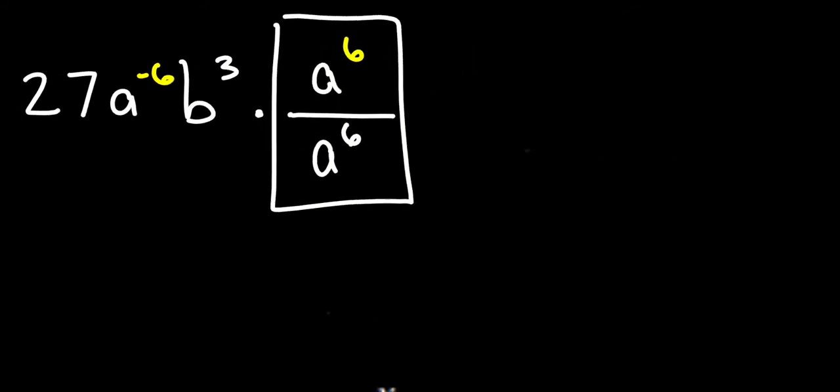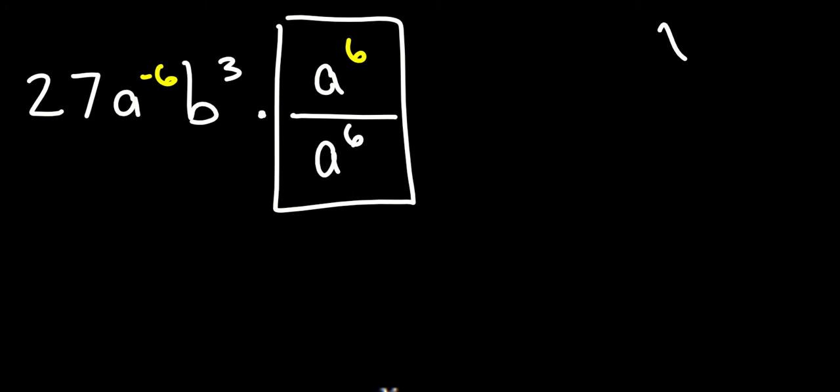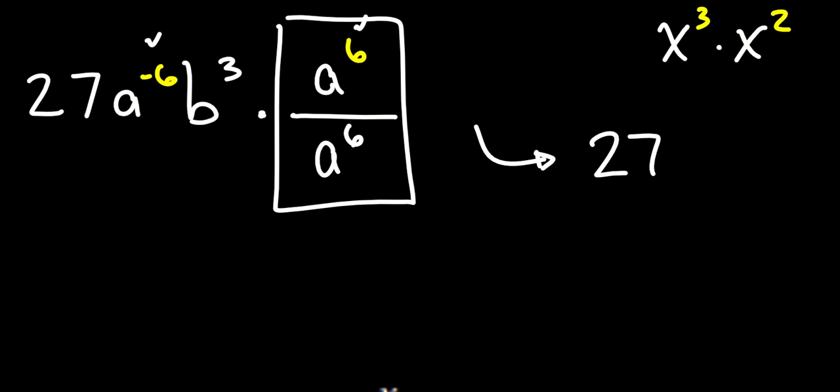And you may be thinking, what? How is that possible? Remember, if I've got x cubed times x squared, that's 5 factors of x. Think about what I'm doing. I'm adding the 3 and I'm adding the 2 and I'm getting x to the 5th. So if I add over here this negative 6 and this 6, I get a to the 0 power. So this becomes, quite magically, actually just algebraically, 27 times a to the 0 power times